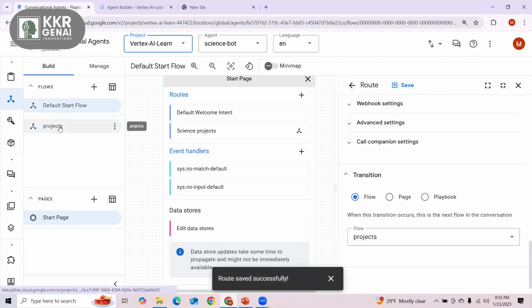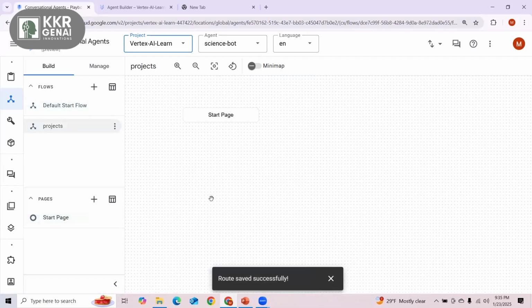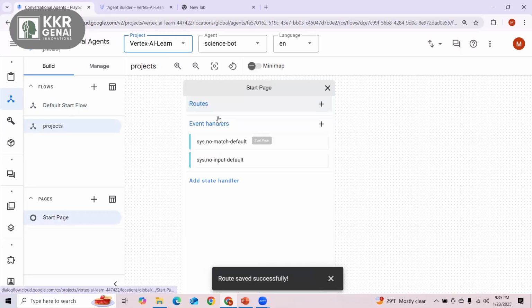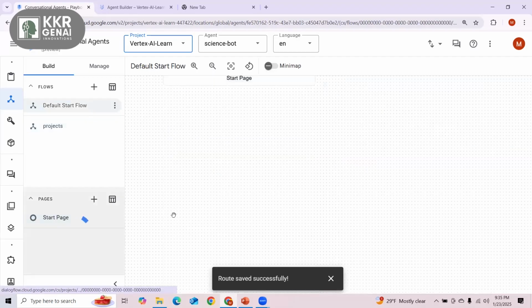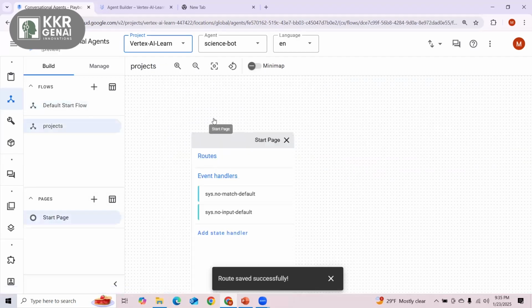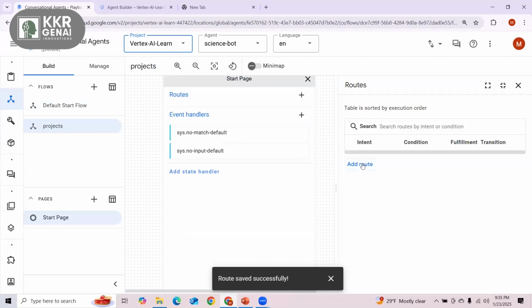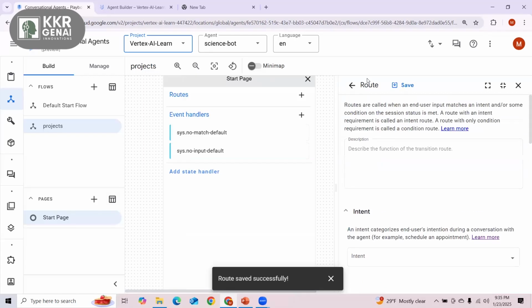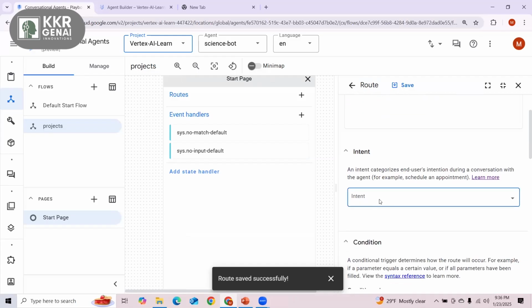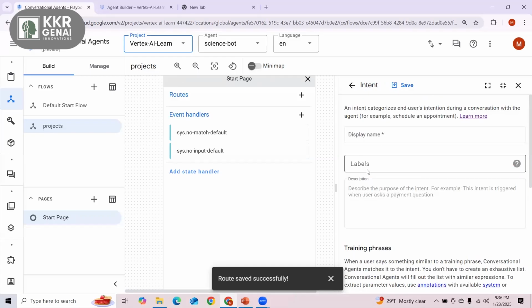Now, can you see that there has been created a flow called projects? Now, when it comes to this project, it will be the same thing. Whatever you have in this default start flow, you can basically have all of them here. So here I will want to add routes, and I want to make sure that I have one specific route for one particular project, one specific route for another particular project. So for this, I will just add a new intent